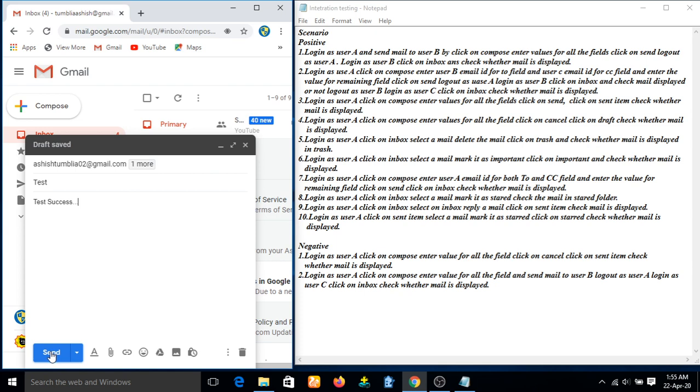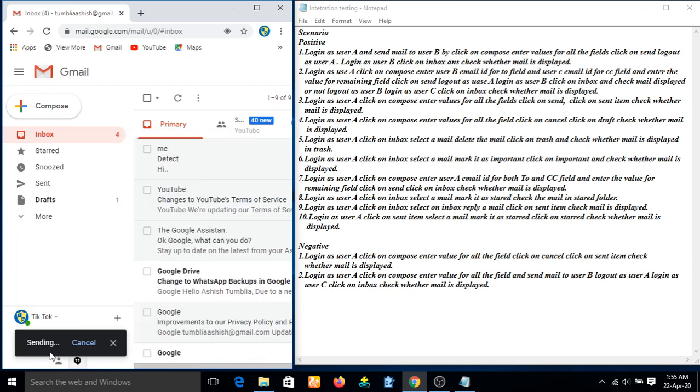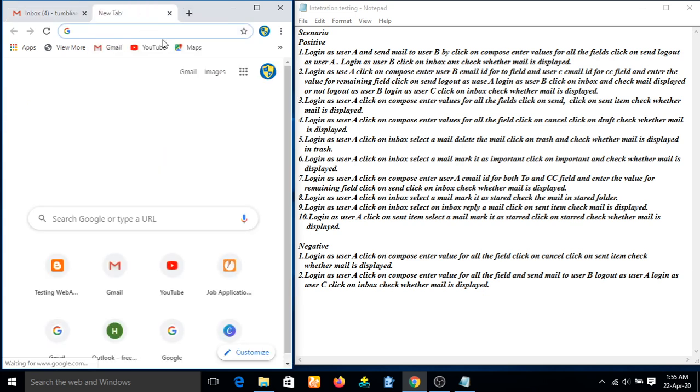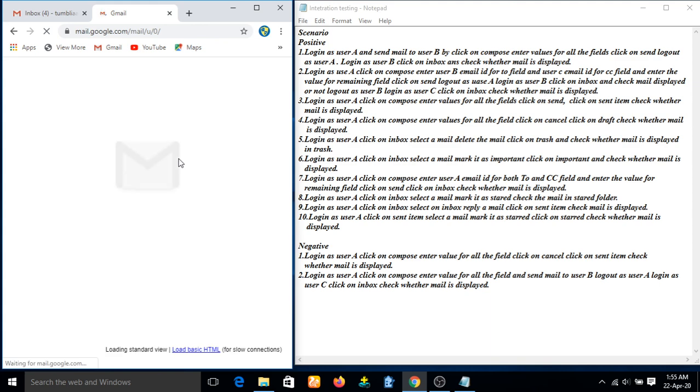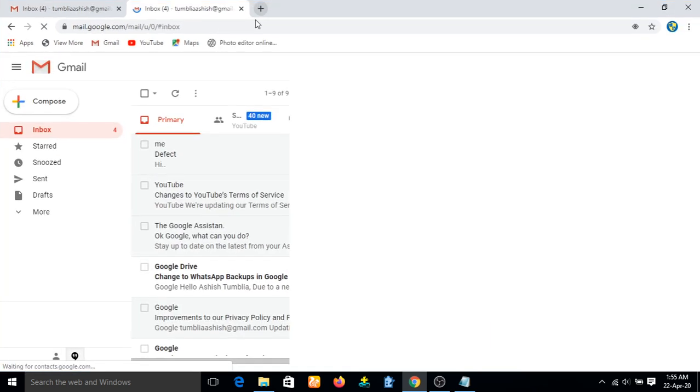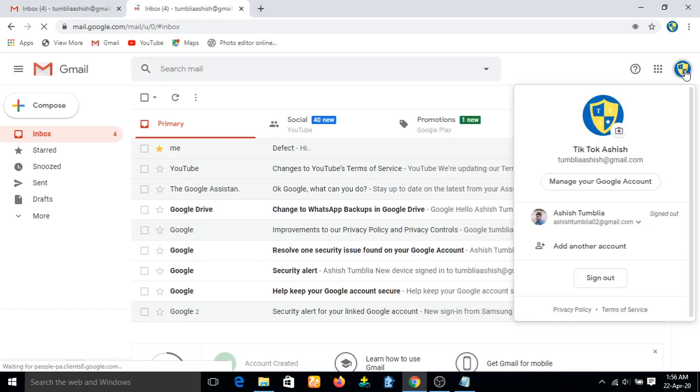Let me click on send. So the mail has been sent. Let me go to that account. You can switch account from this to that. Now I will sign into another account.